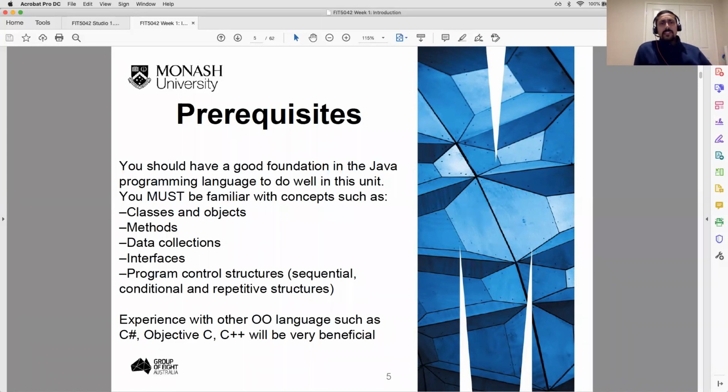Can somebody give me an example of a control structure? Some repetitive structures are like for loop, while loop. Some conditional is like if, else, and sequential are like switch. Good, very good. Good, Harsa. So likewise,